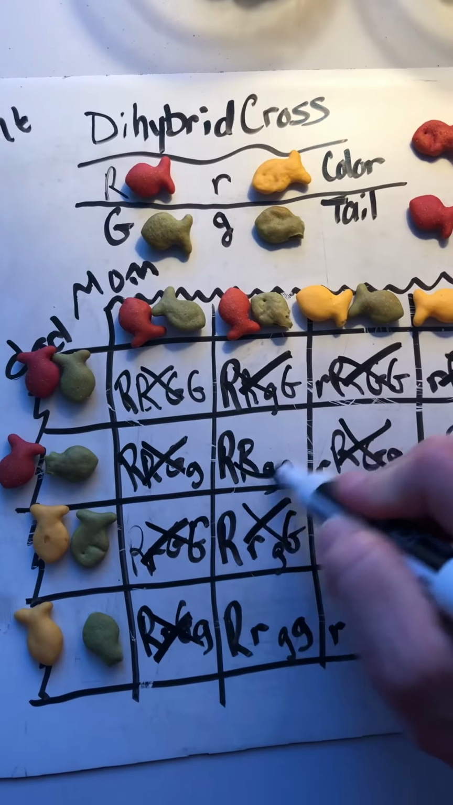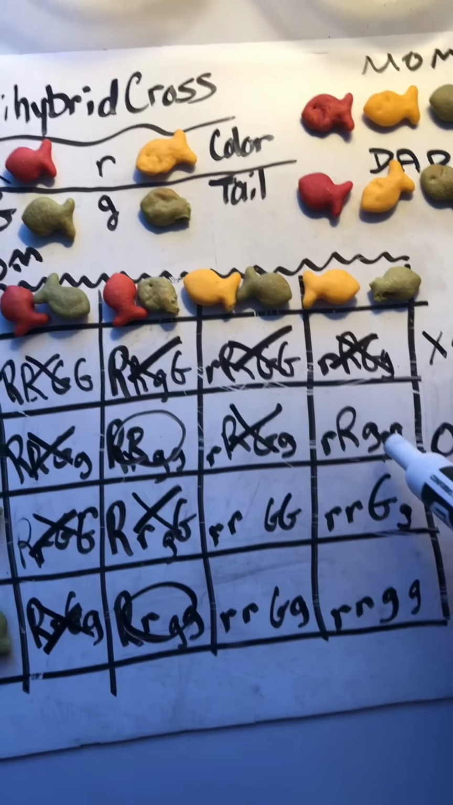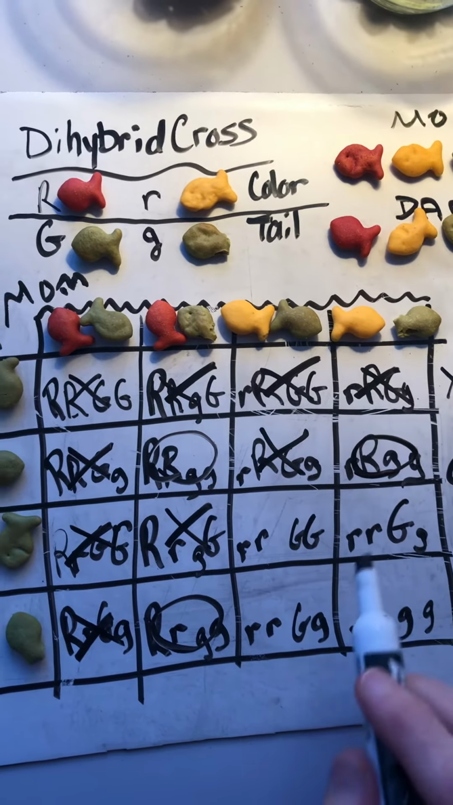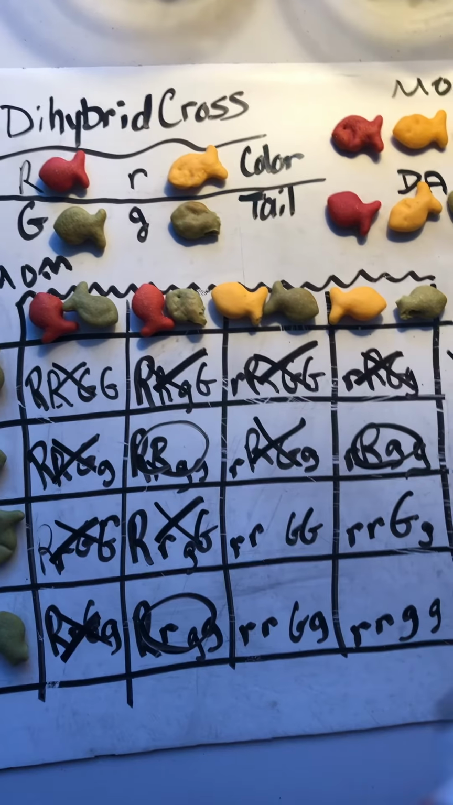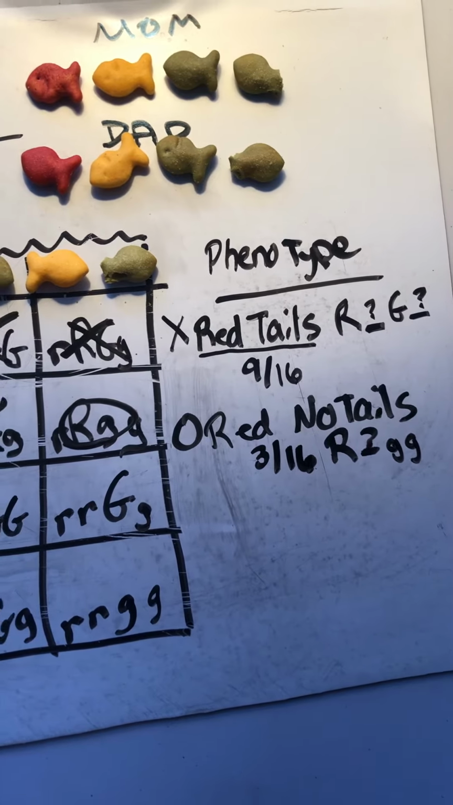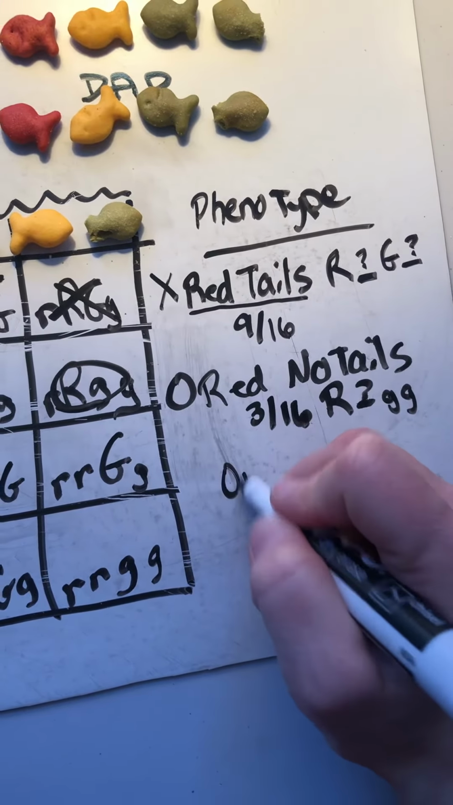So here we have 1, big R, 2 lowercase g's, 2, big R, lowercase g, 3. And then we have these 3 individuals remaining, none of which have a capital R. So in this case, 3 out of 16 are going to represent our phenotype of a red color with no tail. Now we can do our next phenotype of orange